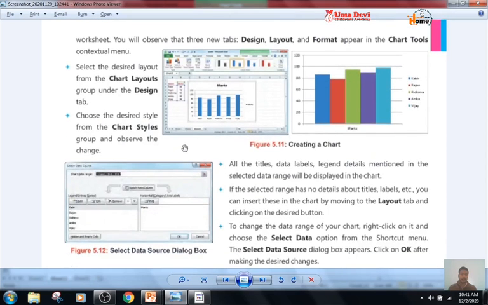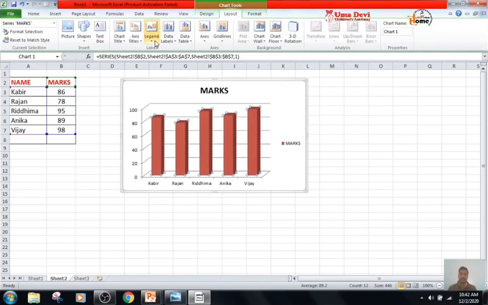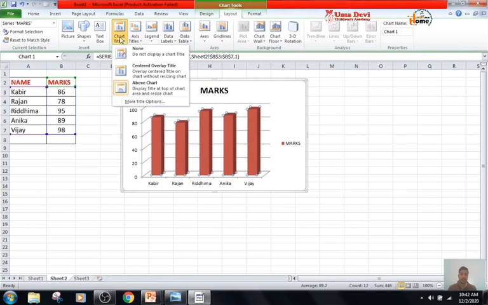We have to select the desired layout from the Chart Layouts group under the Design tab. So we will select the desired layout, whichever we need. Suppose I need this one. So I have selected this layout.